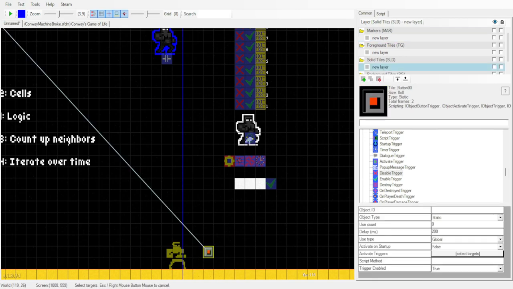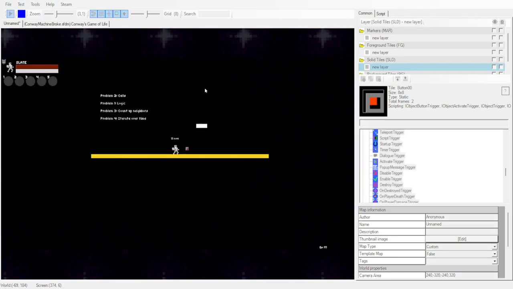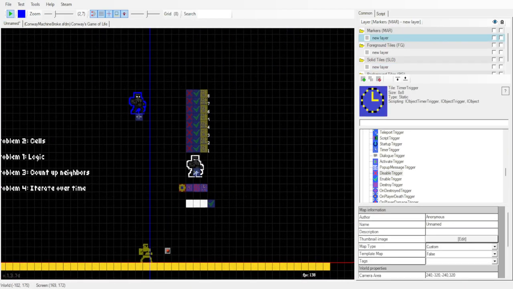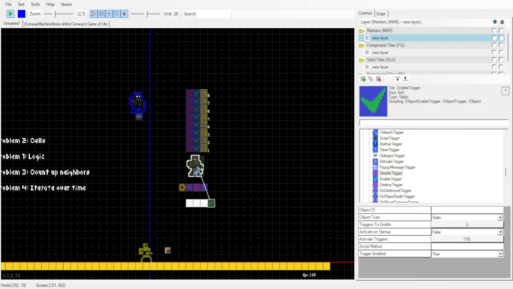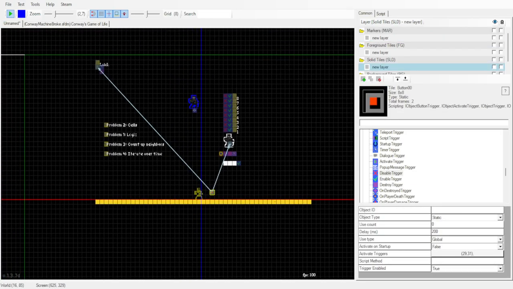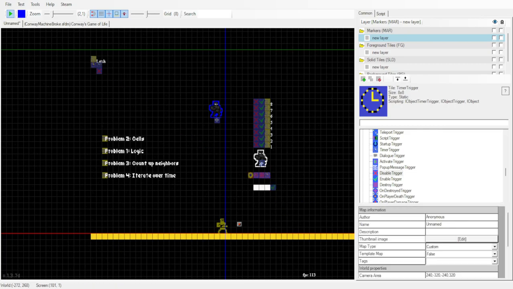So now, if I hook this up to our alternator, and then we test the map, I click 1, 2, 3. Okay, something is not going right here. First off, this should not repeat. Okay. 1, 2, 3. Still nothing. Alright, what's the deal? This is not hooked up to the... There we go. Now this should...